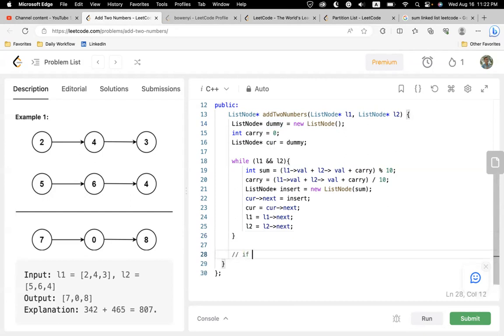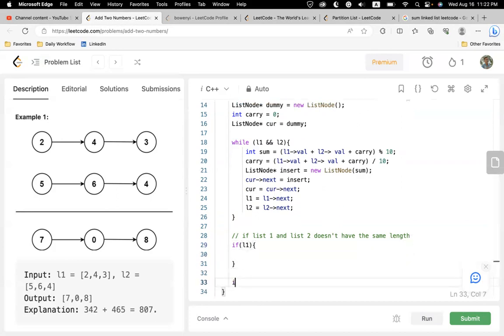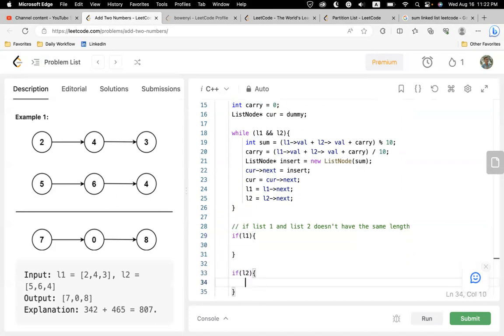Okay, so if list 1 and list 2 don't have the same length, that means either list 1 or list 2 is still valid, right? If list 1 is valid, what's going to happen? Then list node insert. It's pretty much the same, right? Then list node insert is